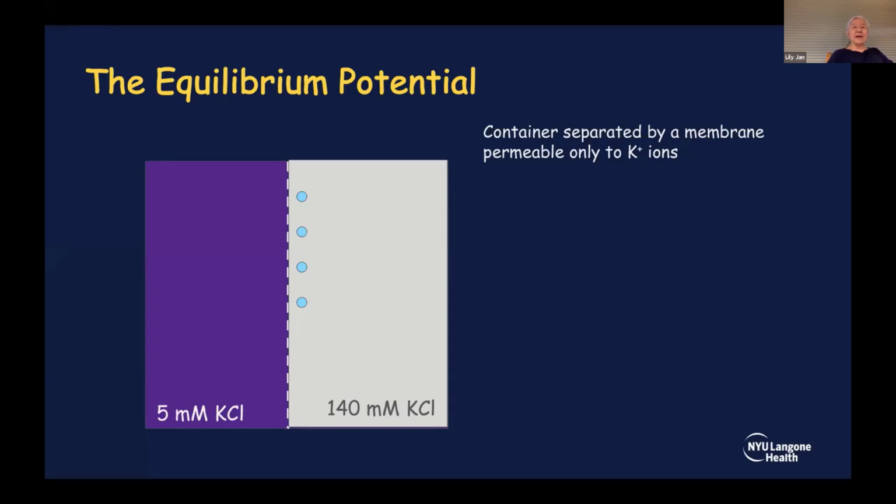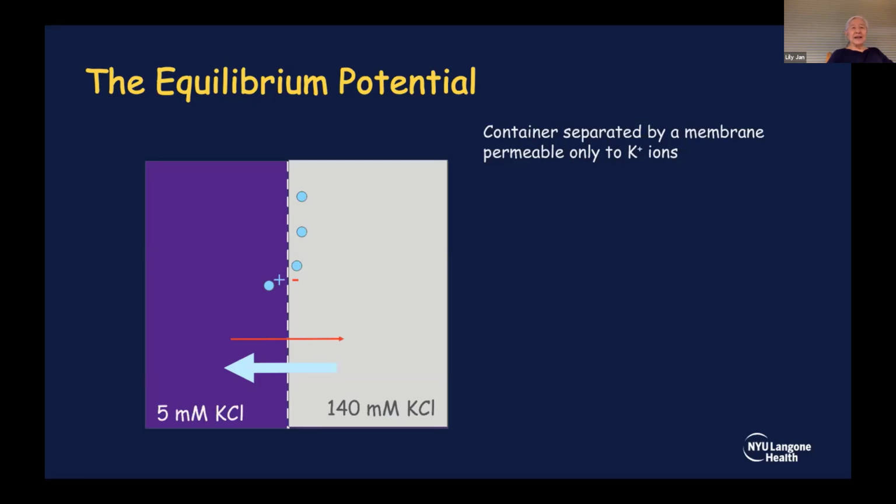And since our hypothetical membrane is only permeable to potassium, we just think of the potassium first. We have a concentration gradient that will drive potassium ions from the right to the left. And that will leave an imbalance of charge. We have a net increase of potassium ions on the left and an unbalanced charge of chloride ions on the right. And with this, there will be an electrical potential across the membrane that will tend to drive potassium to the